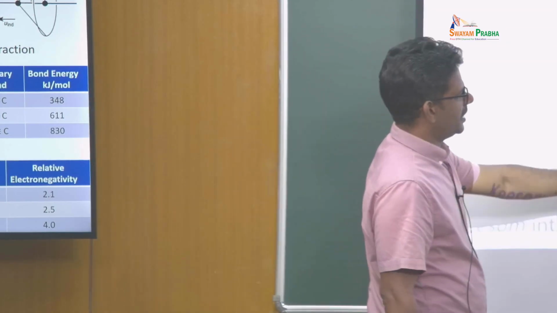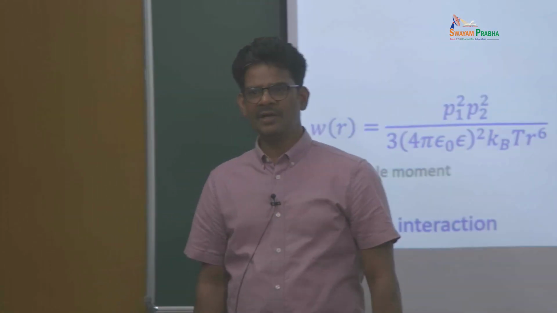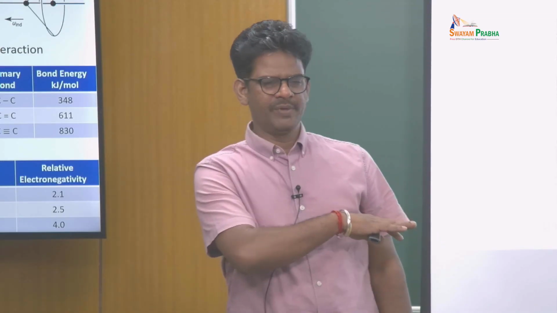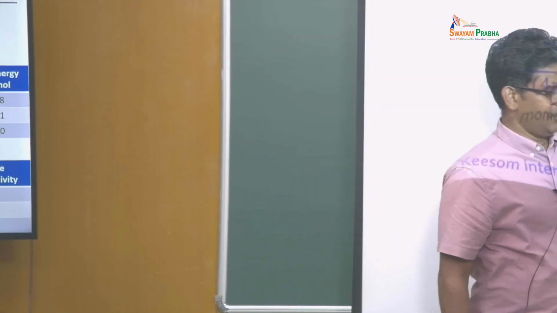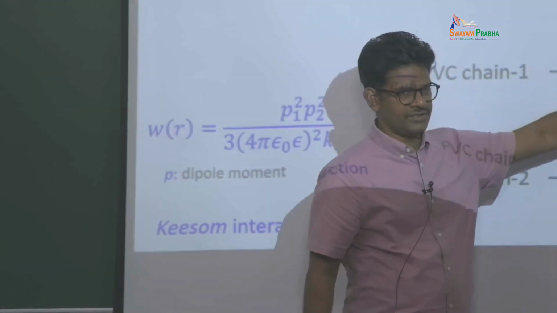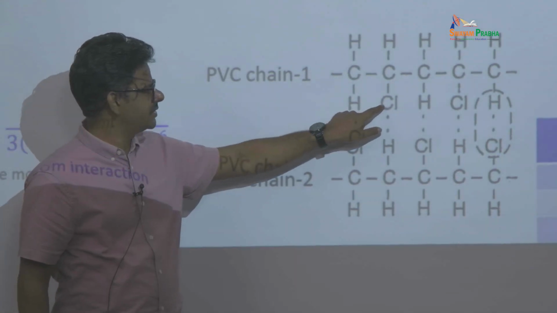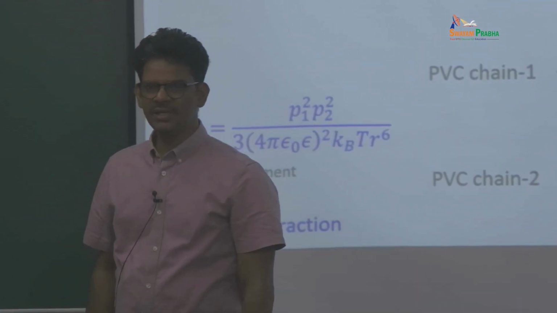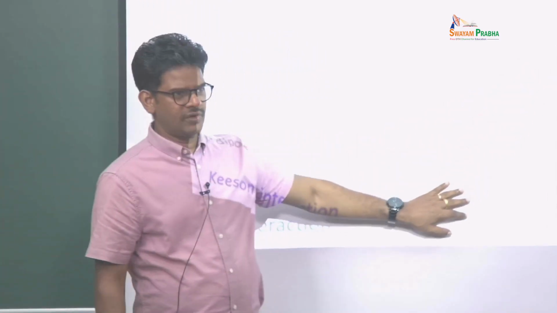Here I have shown an example of two polymer chains made up of PVC, polyvinyl chloride. I will come to the chemistry of the polymer a little bit later. In polyethylene, all of them are actually hydrogens. In polyvinyl chloride, you replace one of the hydrogens with chlorine in an alternating fashion. This is based on vinyl chloride. Here I have two chains of polyvinyl chloride, and you can see that between H and Cl,